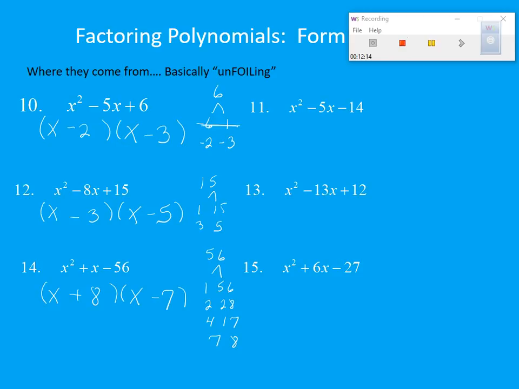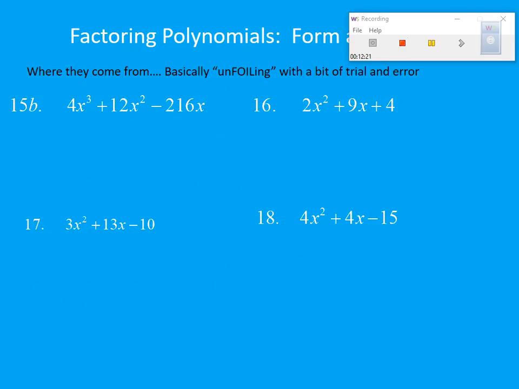Guys, I'm going to skip 11, 13, and 15 since those are overall pretty easy. I did put a 15b on there just so I can keep telling you to take out whatever's in common first. So on my 15b, I'm going to take out, it looks like a 4x,